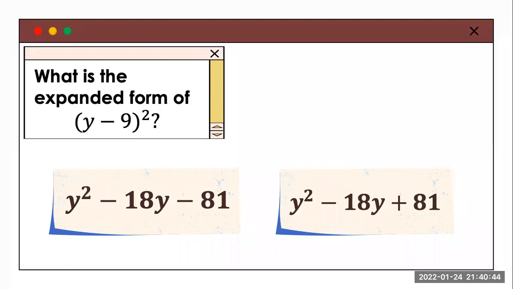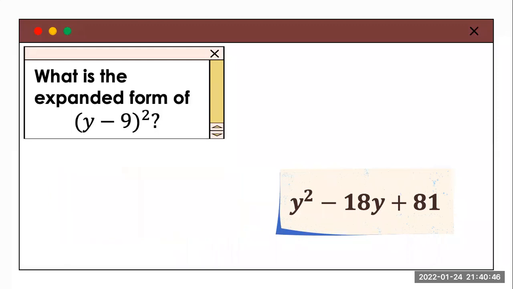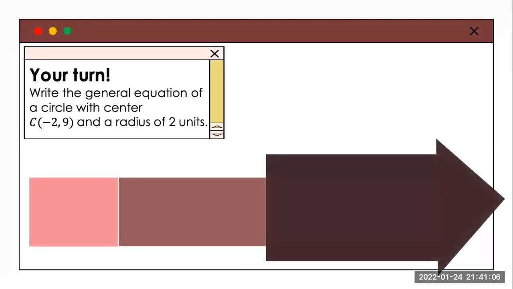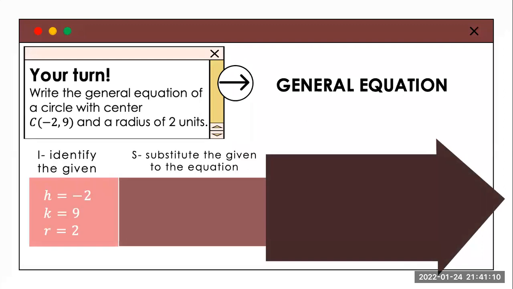The answer is, good job, yung nasa right-hand side natin. It's because negative 9 times y is negative 9y times 2, kaya naging negative 18y lang to. And negative 9 times negative 9 is of course positive. Ayan. So nakuha na natin yung expanded form. 'Di ba? Nung kailangan natin. Kaya masasolve na po natin